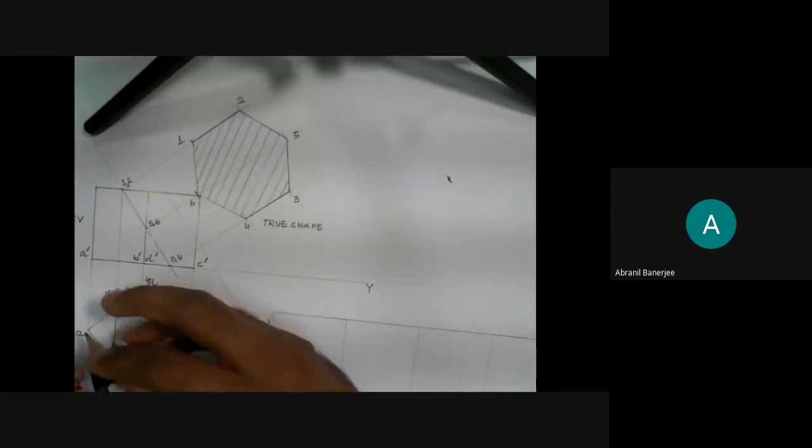Now, where is 1 and 2? Where is 1 and 2? At the top position. So I will take the distance of A to 1 from D. I will take the distance from A to 1, and it is in between A to D. I will mark here is A to D at the top, because this intersection is in the top of the